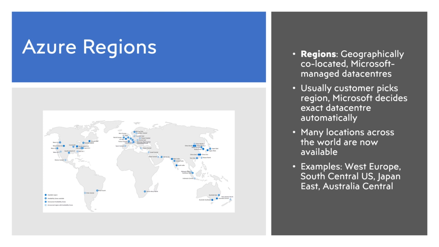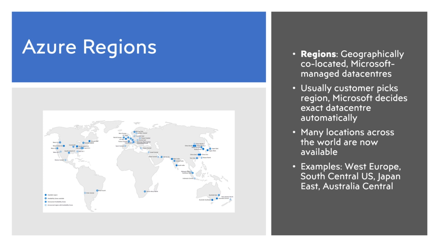Most of the time, customers can't pick the exact data center, but are given a choice of multiple regions. Currently, Azure provides over 40 regions, with another 20 plus coming in the near future, allowing customers to host services geographically close to where they are located, or to where their customers are located. These include 8 in the US, for example, as well as regions in Europe, Middle East, Africa, Asia, Southern America,